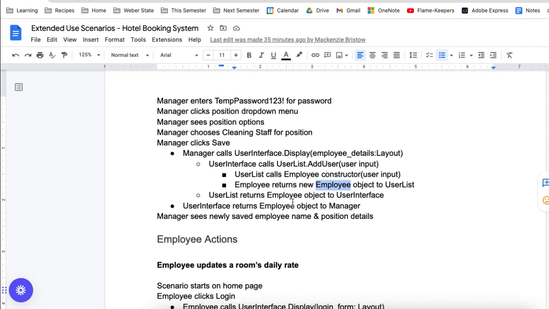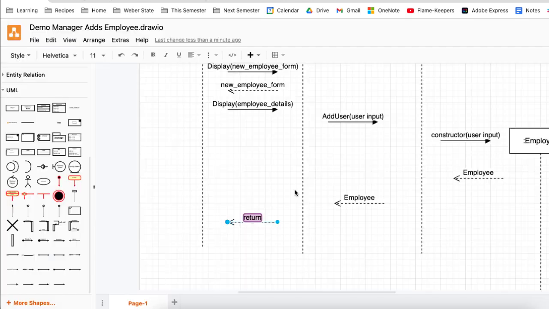And I like this right here, employee details. I'm going to do this one instead because we are returning what the user called originally. Okay,